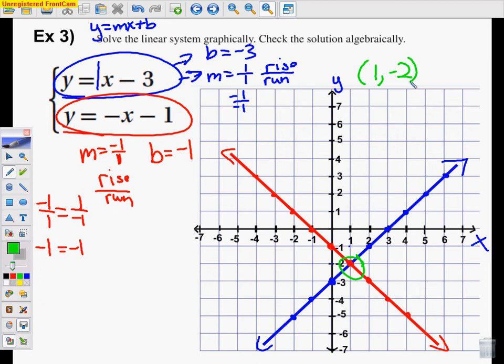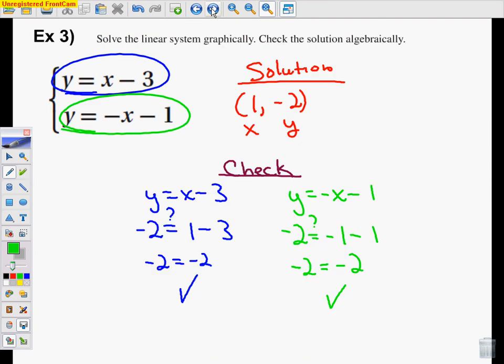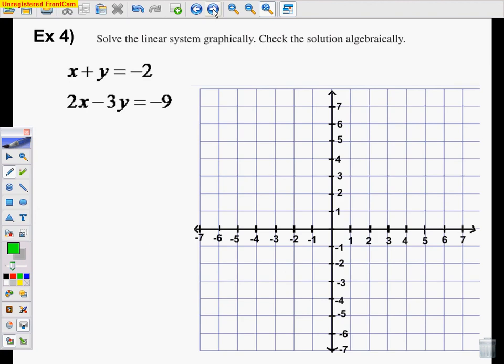Alright, and there you go. You're done with that problem, except for the fact that you should check. And it actually says check in the directions. Every problem you should check. Here's the check to this problem. If you want to, you can go ahead and pause the video and make sure that you know how to do that accurately. This problem here is a little bit more complex because if you look at this first equation,